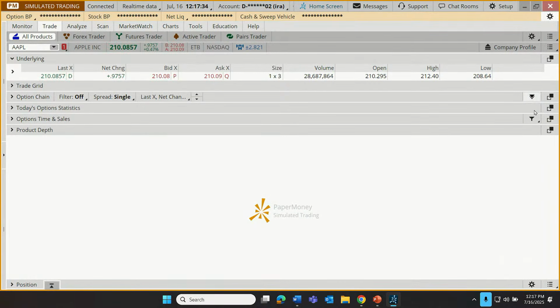I think, all right, it would have been a little bit remiss if I didn't at least touch on those two. But let's get back to the stuff that I think a lot of people are going to be keenly interested in. Cameron, how do I place trades? Well, when we pop in a symbol on the trade tab, we get all this quote data down below under what's called underlying. Underlying in options trader speak just means the stock or the related security that we're trading options on. But here it just means the stock, in this case, Apple. So it gives us the current price of Apple. It tells us how much we're up or down, the bid price and the ask price, the size of the bid and the ask, the total trading volume for the day, where it opened, the high and the low.